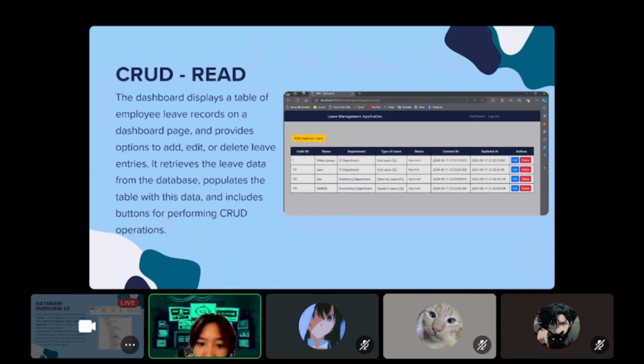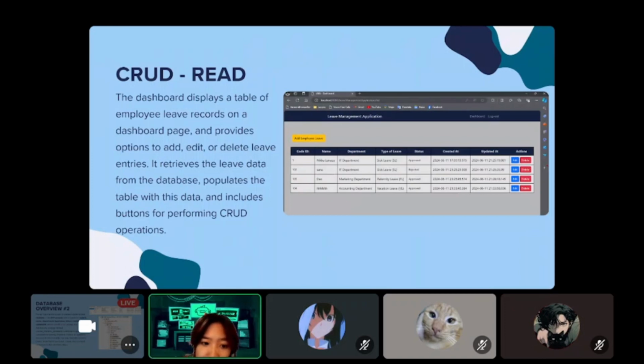So in our table, we also have similar columns to the table that we created in the database, with just an additional column of actions where the user can edit and delete the entry.